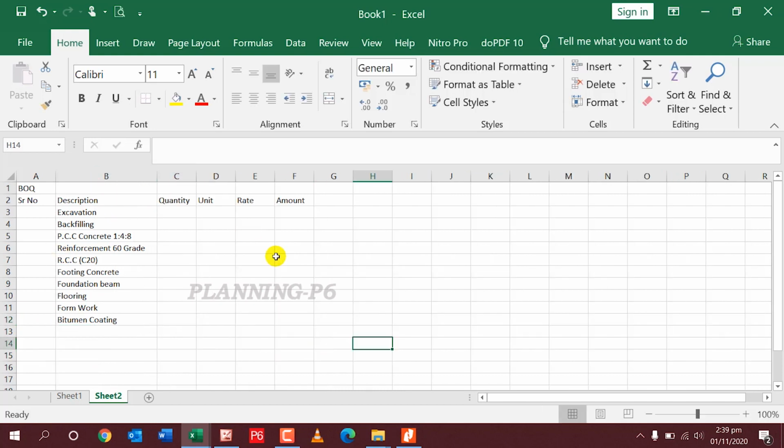I have to make a schedule for that purpose. So we have all these items.